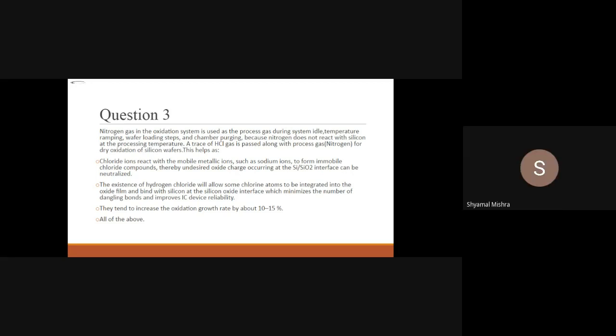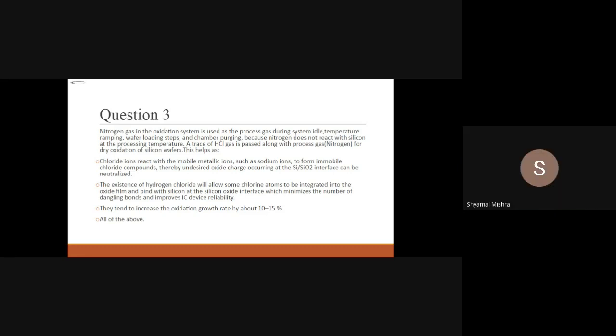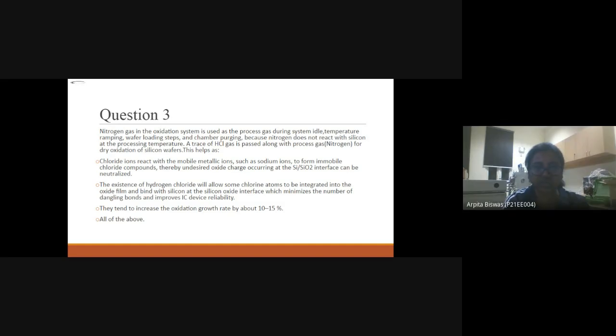So this is our question number 3, and please find the right option. Question number 3: nitrogen gas in the oxidation system is used as a process gas during system idle, temperature ramping, wafer loading step, and chamber purging. Because nitrogen does not react with the silicon at the processing temperature, a trace of HCl gas is passed along the process gas nitrogen for dry oxidation of the silicon wafer, and this helps as